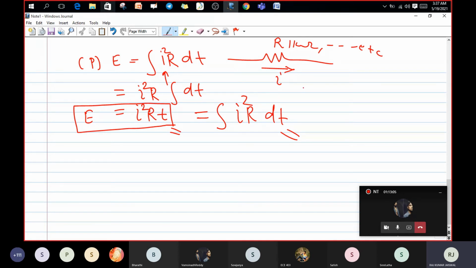When you increase the voltage, whatever current should come, it will come. It is constant. If you have 10 kilo ohm resistance, then it is also constant. But what is the variable term here? Time will vary only, so it is I square RT. Okay guys, is it clear? That's why power loss is I square RT.